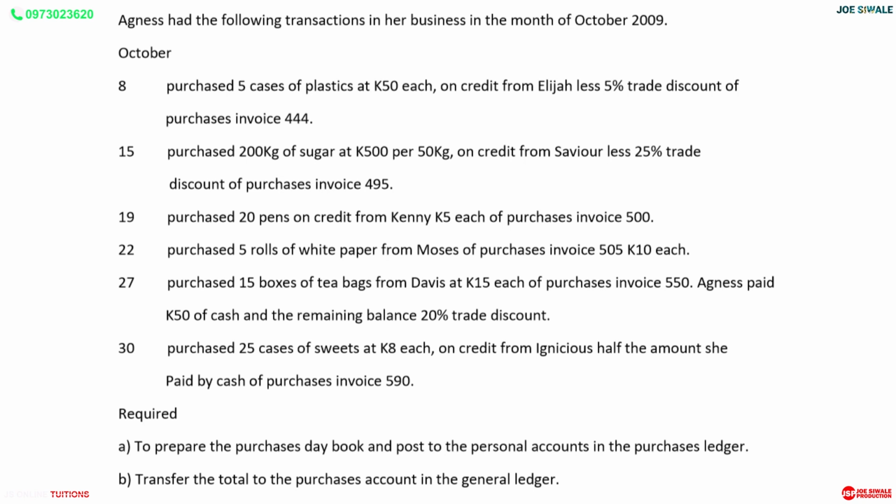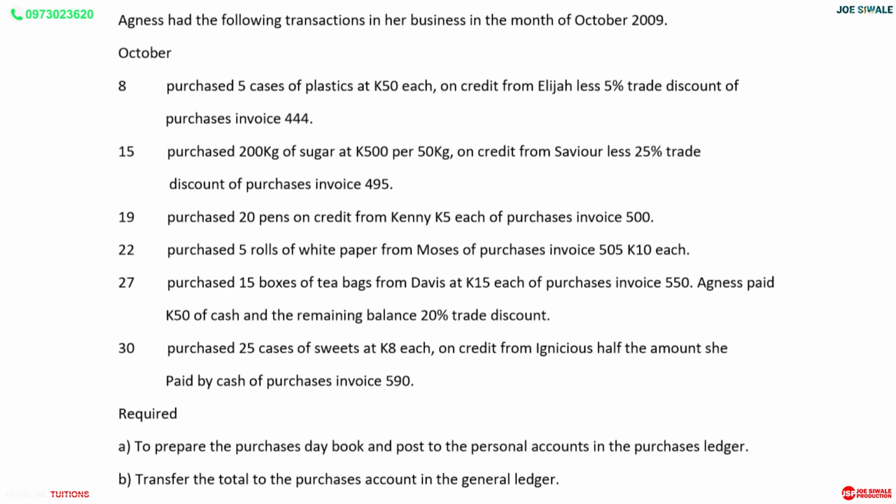So for us to answer this question, the first thing that we're going to do, we're going to say 15 multiplied by 15 so that we can find the amount there. So 15 multiplied by 15, the answer we're going to have is 225, and we know that there was cash sales of 50 kwacha. That means we're supposed to subtract 50 kwacha from 225, and the answer that we're going to have is